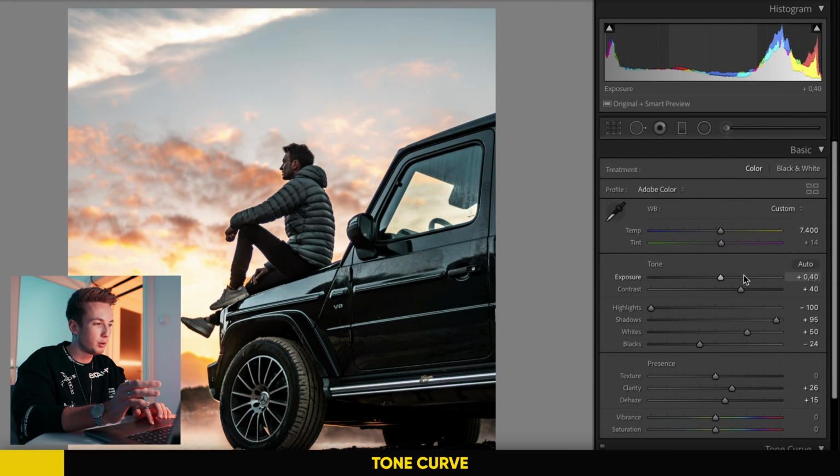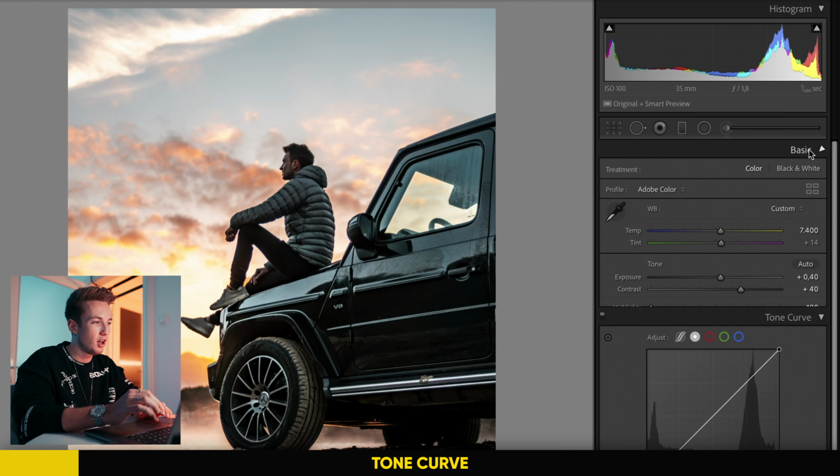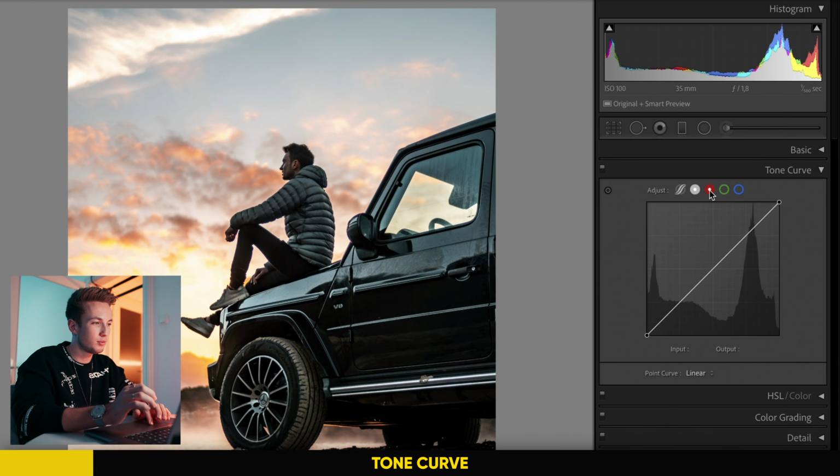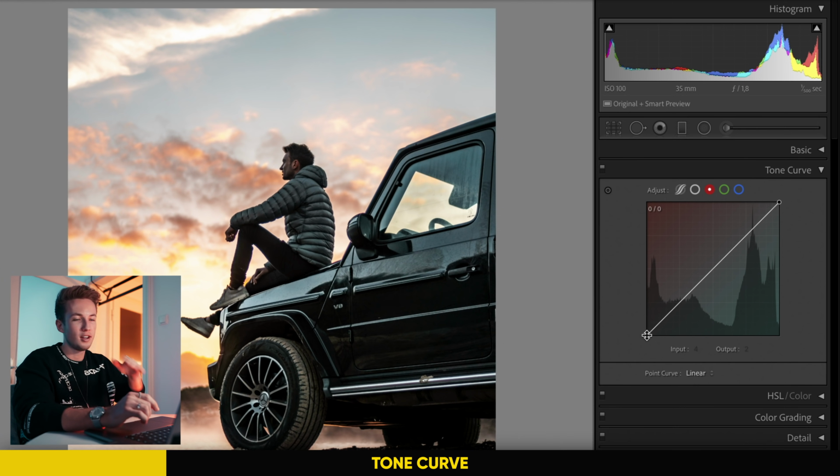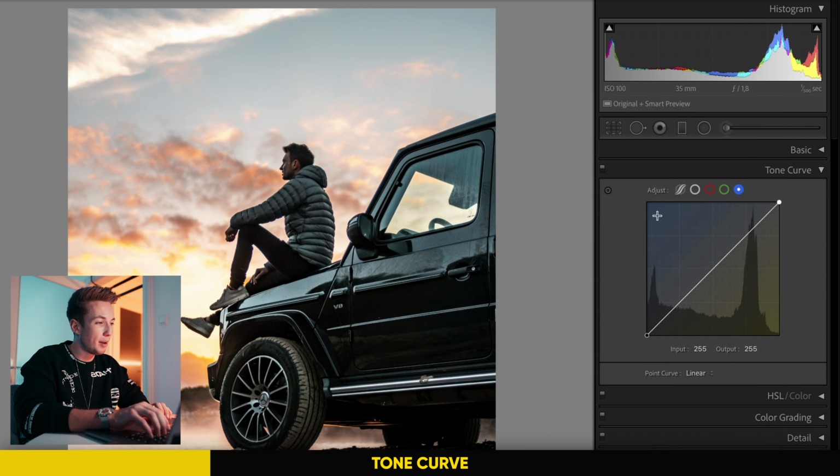I manage all of the brightness levels through the basic panel. But I use the tone curves with the different primary colors. So there's one for red, green, and blue. And what you can basically do with these curves is adjust the tones for the different brightness levels. So at the bottom left corner is 0 again, complete blacks. In the top right corner is 100, complete whites. Depending on where you grab this curve, you can influence how present the specific primary color that you've selected up here is going to be at that brightness level.